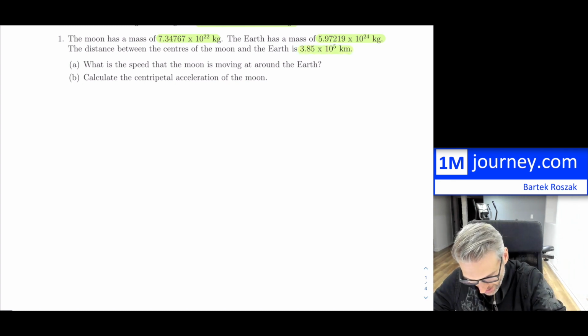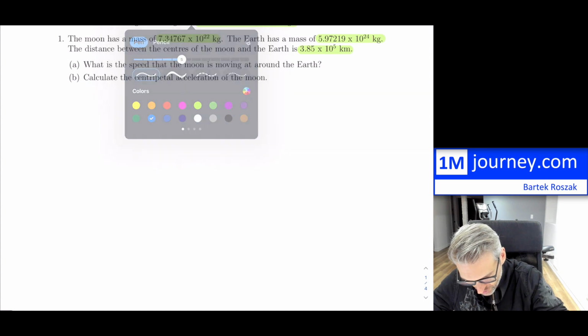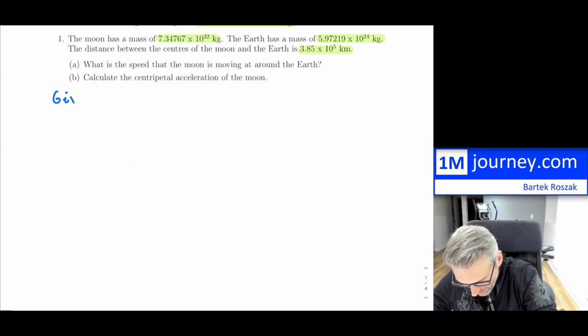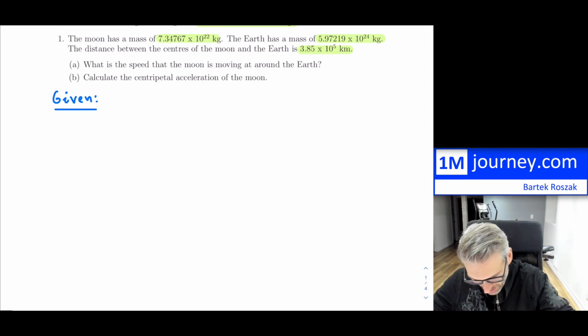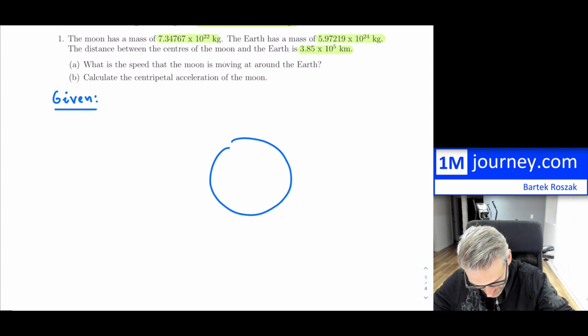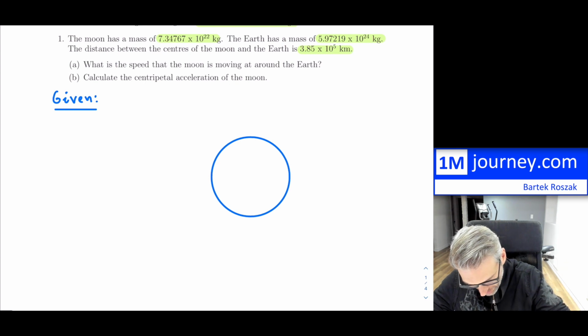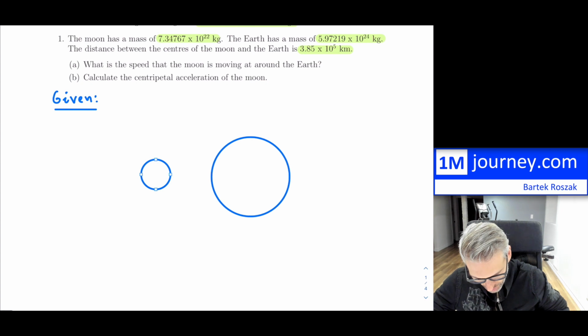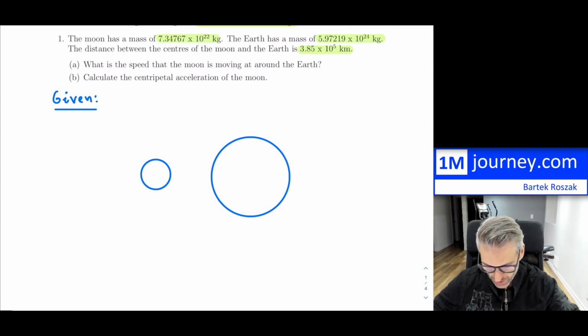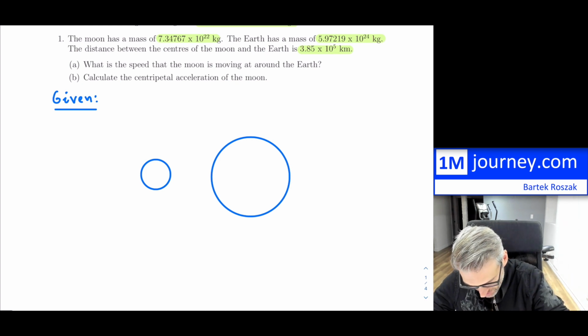So if you were writing this out for yourself, let's say in terms of givens, you can draw this out. It's always useful to be able to do that. So let's imagine this is the Earth. The moon is going to be smaller, about a 1/6 smaller or so. So let's say that's the moon, that's the Earth. And now they give us what the masses are. So here's the mass. I'm going to call this mass number 1. And this particular mass is